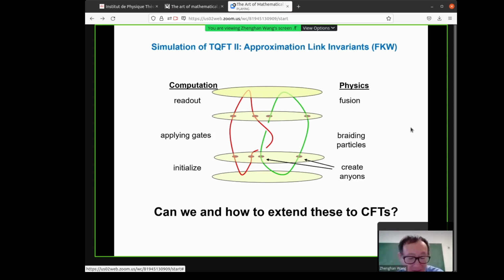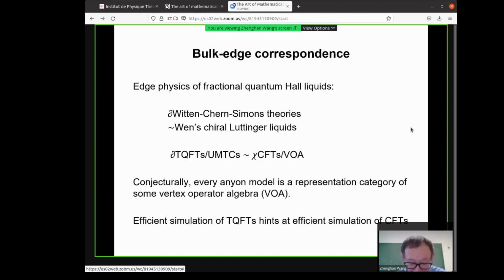And there's some subtlety about what kind of approximation. There's some normalization involved, and that's a subtle thing I won't really talk about. So basically, this is how we do the simulation of topological quantum field theories for the mapping class group representations and the approximation of the link invariants. So now the question I've been interested in for the last few years is, can we, or how to, extend this to conformal field theories? And besides the so-called Church thesis, that's not any evidence, that's just a belief.